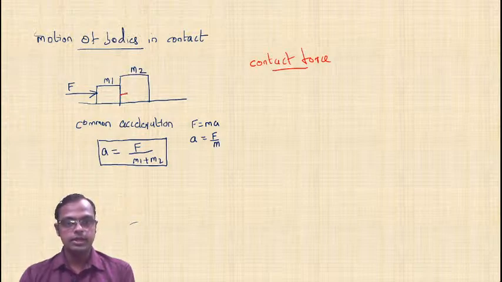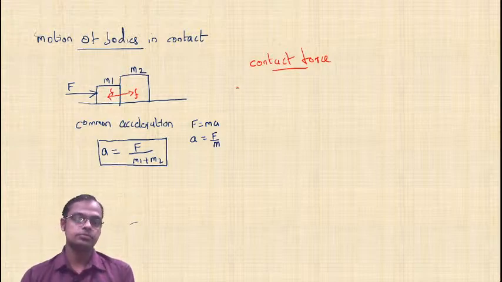You say it as the force acting on M2 by the mass M1. That force is denoted as small f. So once again, what is a small f here? That is the force exerted on M2 by mass M1. So according to Newton's third law, there will be a reaction also, no? So M2 will be applying the same force on M1. Say it as once again f.